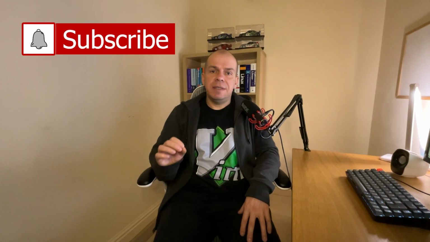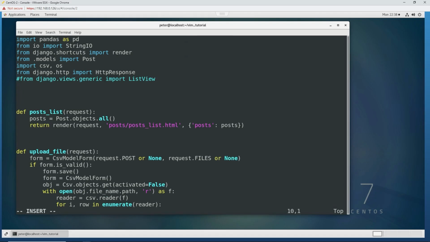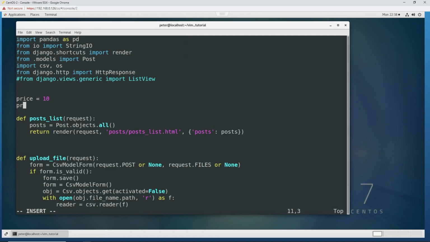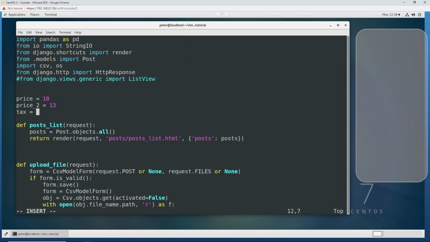Another thing that is very useful during typing is syntax autocomplete. This is very handy. Let's quickly create a few variables to demonstrate this feature and see how it works. Okay, so price equal, for example, 10, price 2, okay, tax 20, okay,